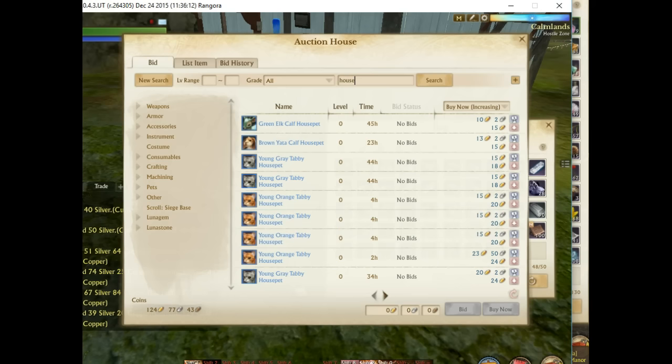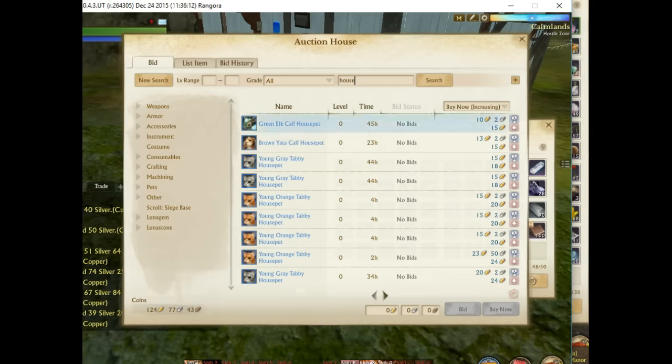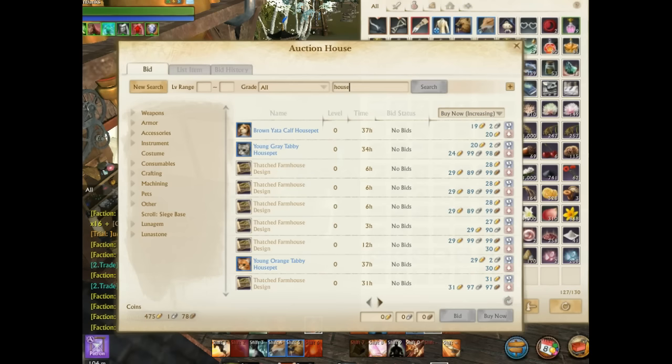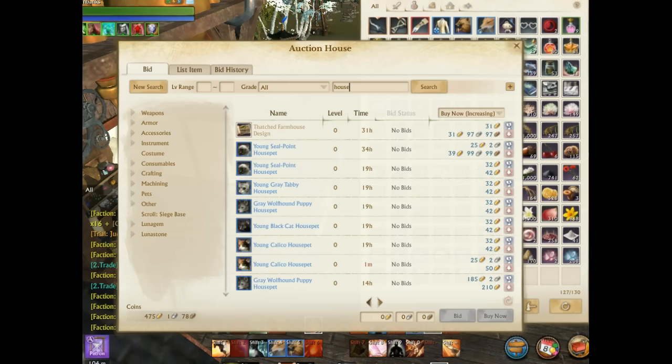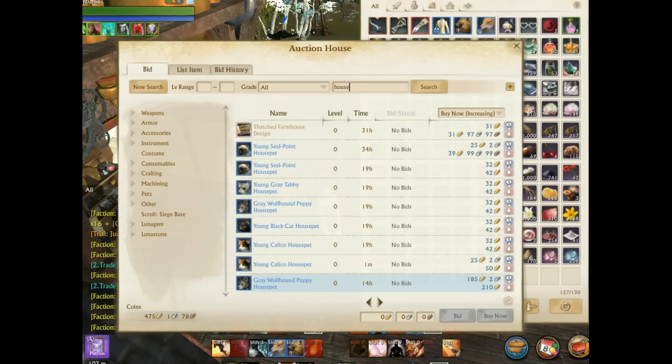So there's not too many. Prices on Rangora haven't shot up as much as North America, but you can see there's only around 12 pets on the auction house. The other day on the North American server, we'll hop back over here, we saw these housewarming pets ranging from like 50 to 100 gold. And you can see here, we have housewarming pets. We got 3 right there, and now we have guys up in the 30 and 40 range. And that's about it. So we have a total of around 10 housewarming pets